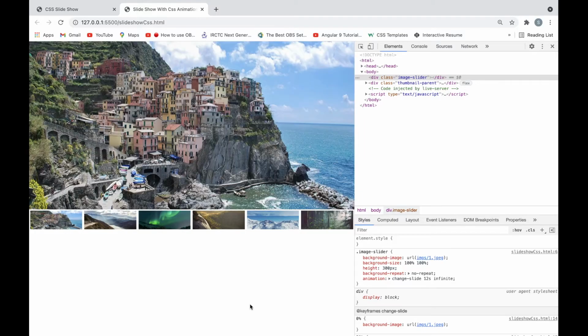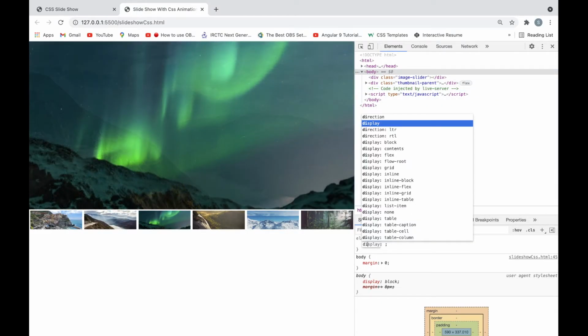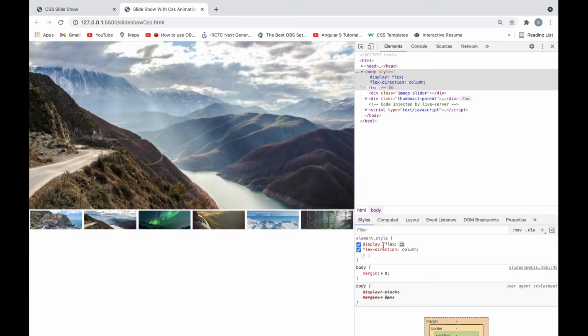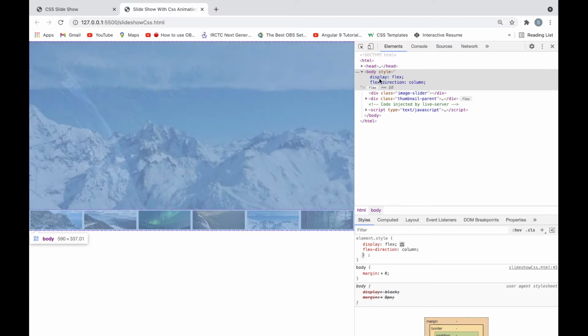For body we can write display flex, flex direction column. Display flex will put the containers side by side, so that's why it is coming like this.